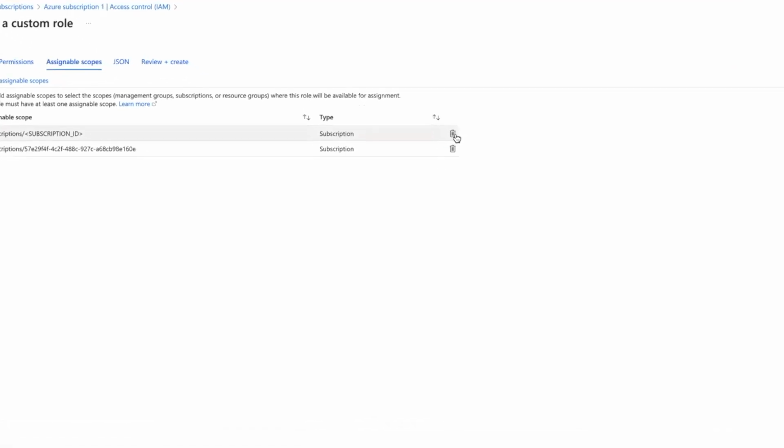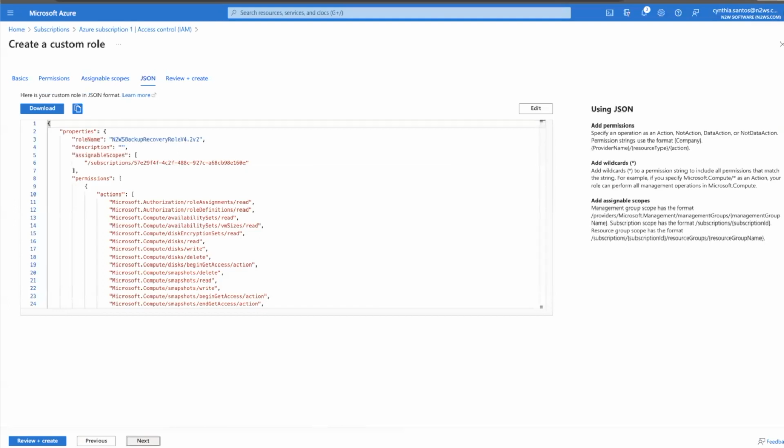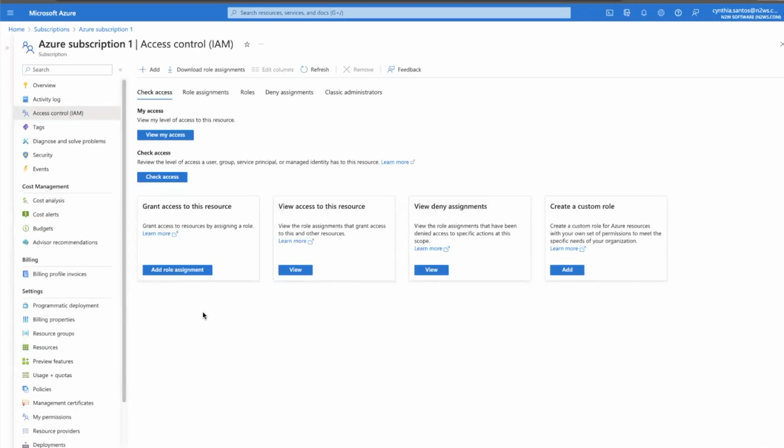Make sure you remove the default. Click Next one more time. You can see here all the JSON code. And on the next tab, it gives you a summary of everything that we've just selected. Once you're ready, go ahead and click Create. To create the role takes a few minutes. To verify that the role was created,